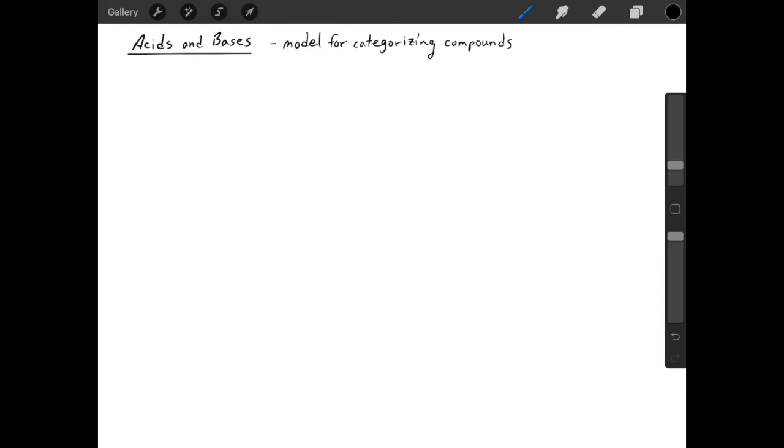Acids and bases get talked about a lot in science, and it's important to recognize that there are a lot of different definitions of acids and bases. In general, they just represent a model for categorizing compounds based on behavior types. You can consider pretty much anything to be an acid or a base, depending on which model you're using. Since this video is just giving you an introduction to acids and bases, we'll use one of the more common